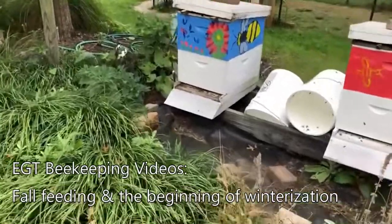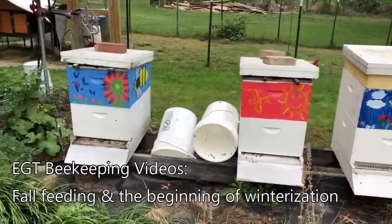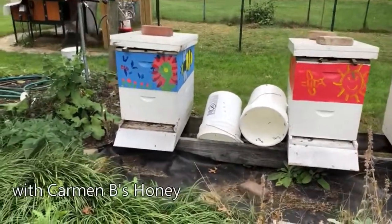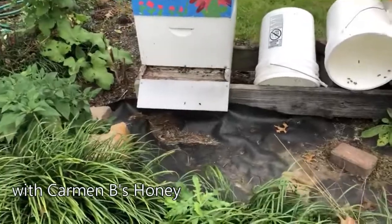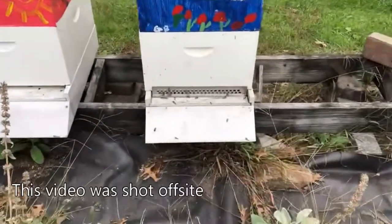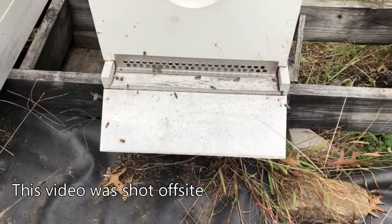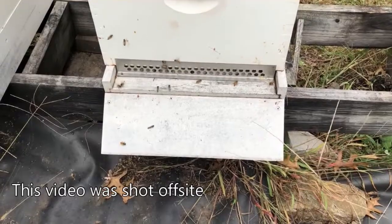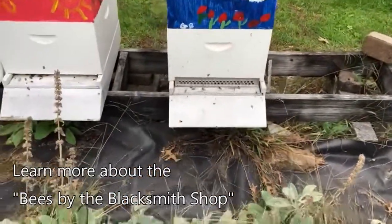Here is a small segment on closing hives for the season and some feeding that I'm doing. You'll see the front of the hives, which is their main entrance. What we do in the winter time is we put on mouse guards. Number one, to keep mice from getting in. The bees are able to get out all of those 3/8" holes, but it keeps and limits the amount of